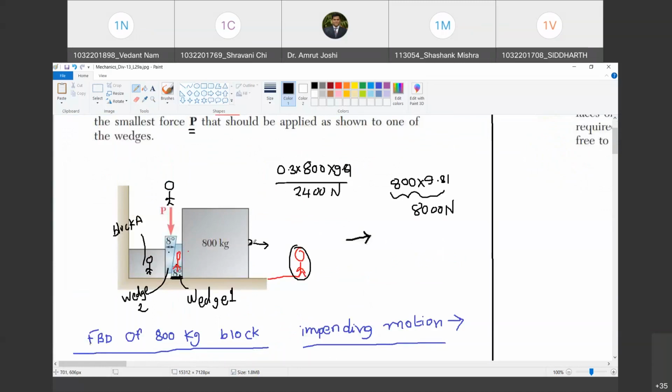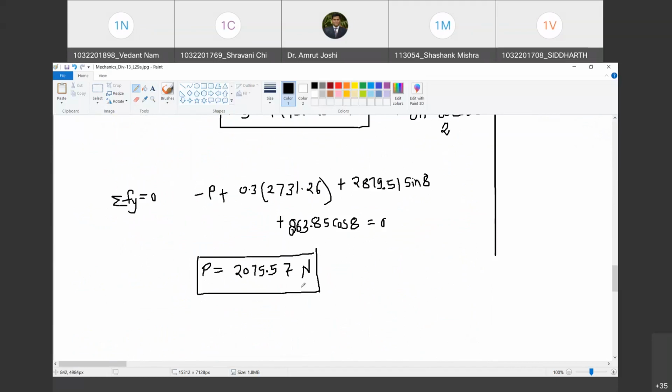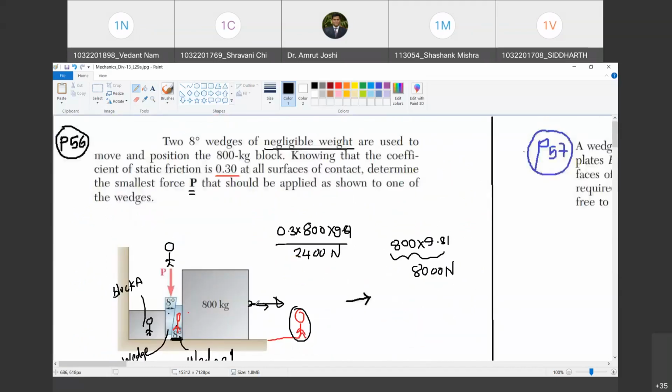2400 न्यूटन का फोर्स आपको यहाँ पे लगाना पड़ेगा. Are you with me? Yes, sir. Now this 2400 Newton force is still bigger than the force that you need to apply here. Do you agree with me? Yes, sir. That is one thing. And another thing is, if you have to pull this block, you will have to come up with a string that is strong enough to resist this 2400 Newton force. You will have to arrange for the hook, and the man will have to pull this block by applying this much force. Do you agree with me?